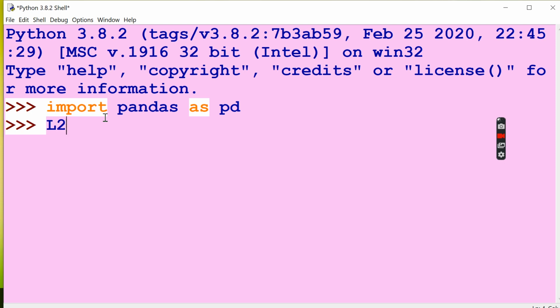I'm just going to say L1 equal to some list, which can be given like 10, 20, 30, 40, 50. Okay, 5 values.